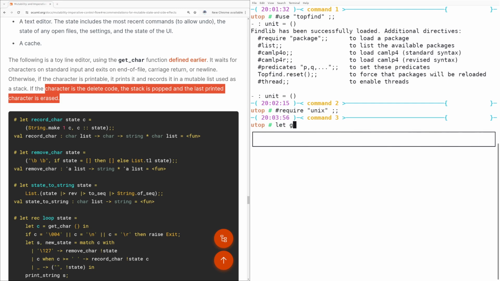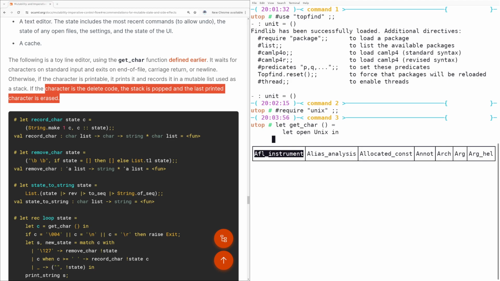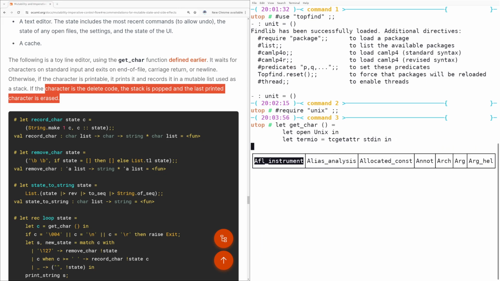Let's do getChar: let open Unix in. This is the second implementation of getChar that I'm using. Let termio = tcgetattr stdin in tcsetattr stdin TCSAFLUSH